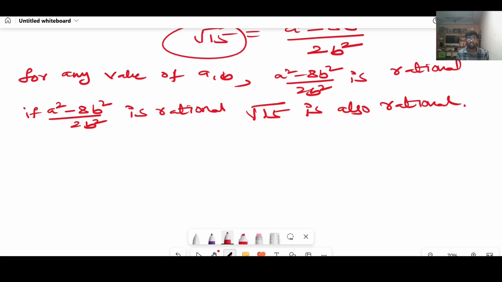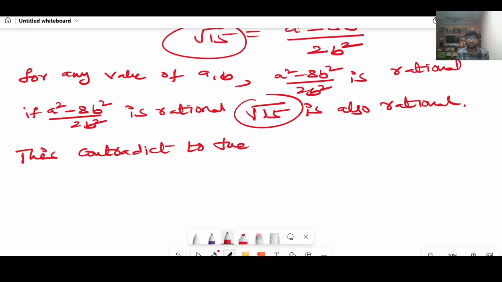Right, but we know already root 15 is irrational, right? This contradicts the fact that root 15 is an irrational,